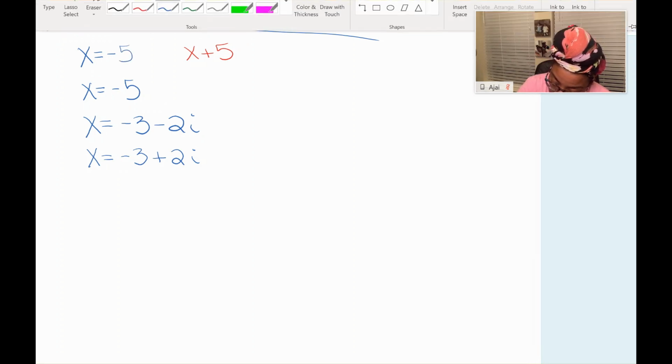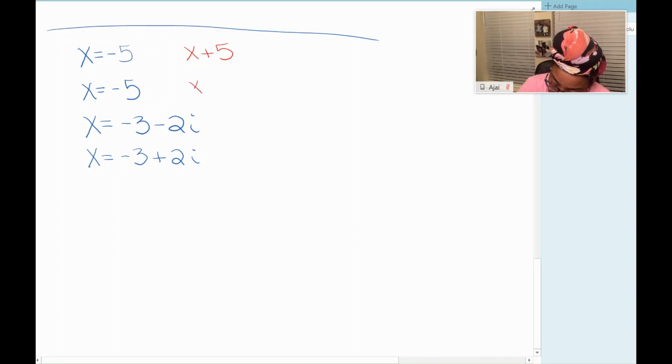Okay. The next one should also be x plus 5 because you add the 5 to bring it to the other side, right? All right. So now these problems at the bottom, they look complicated, but remember you're just pushing everything to one side. So if I was to move the 3 over, I would add the 3,